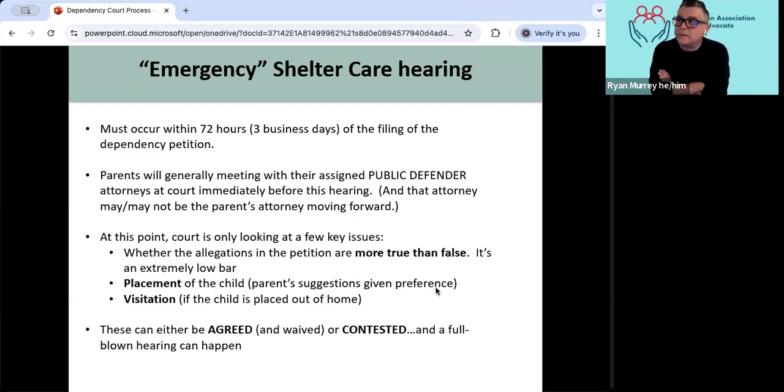They can sign a VPA, but more often than not, the parents' attorneys are going to say, we'll agree to placement with the person who is going to be that VPA person, but we still want the court proceeding to happen, because at that point the state's already invested a lot of energy and effort in filing the petition. And quite frankly, especially for the relatives out there